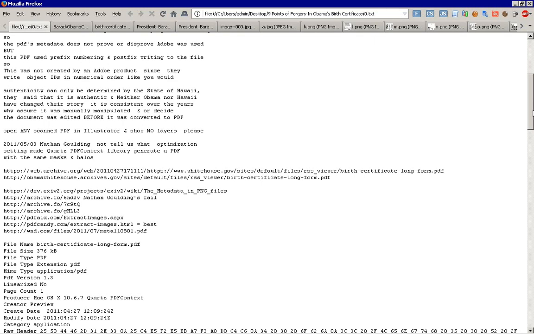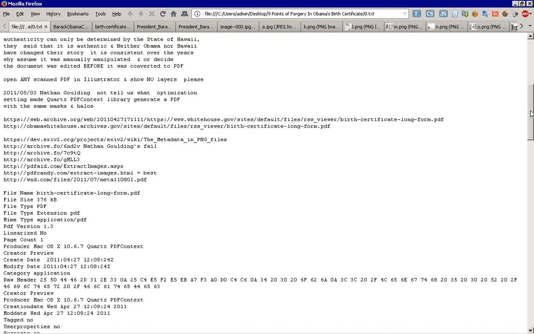Why assume a manually manipulated file had to be done, or decide the document was edited before it was converted to a PDF when it wouldn't have been needed? And why would you assume this imaging would do it? Open any scanned PDF in Illustrator and show no layers. I dare you. Because it'll find layers if it's a PDF in almost all cases. You can find some that don't,